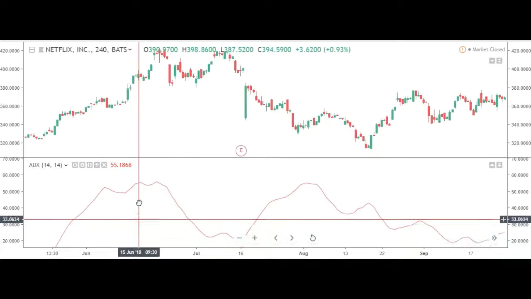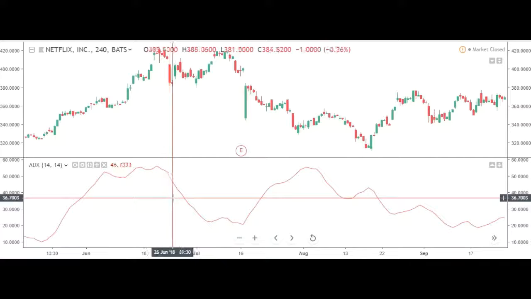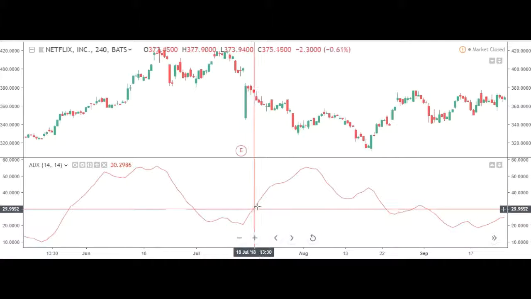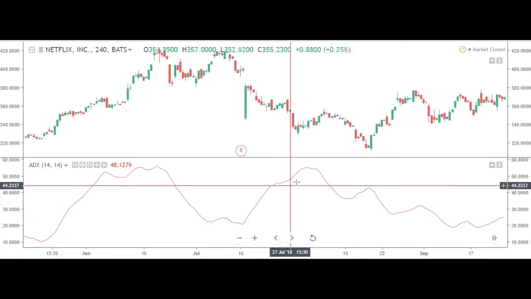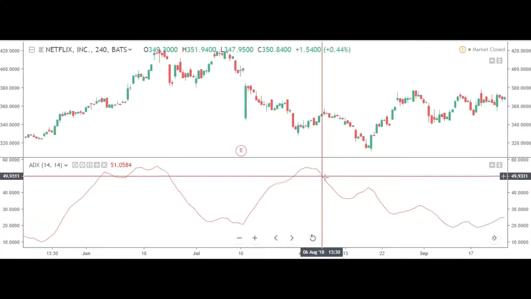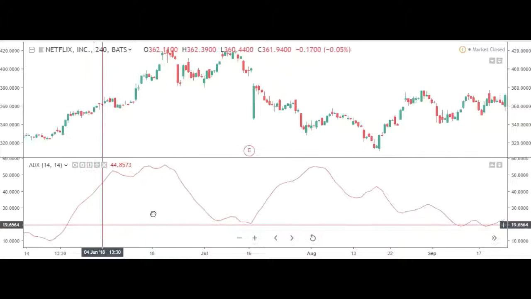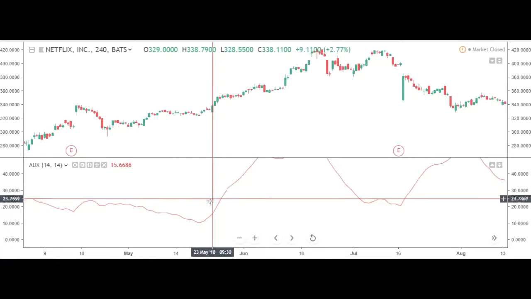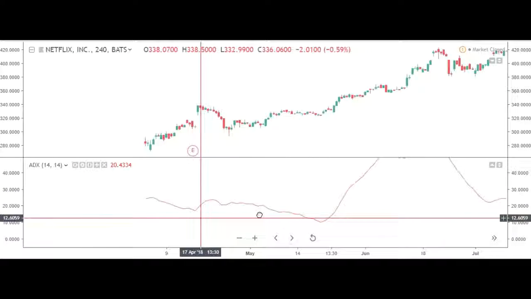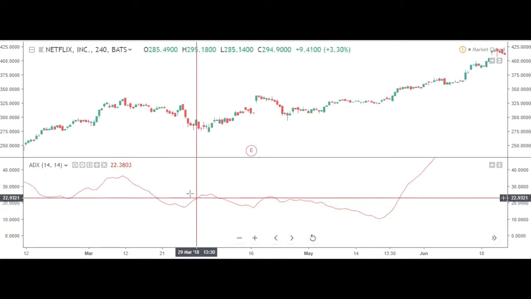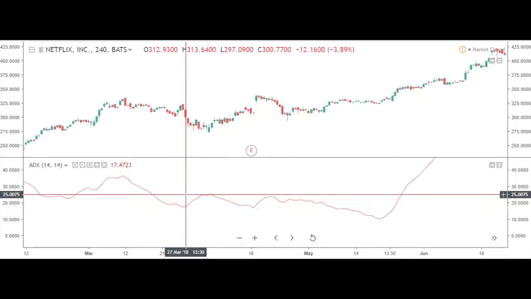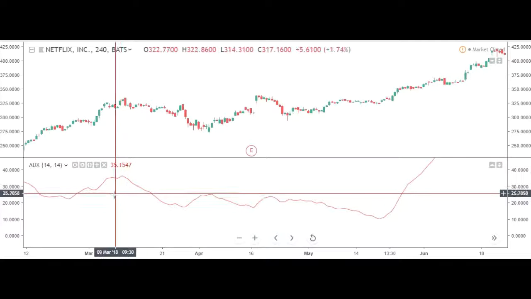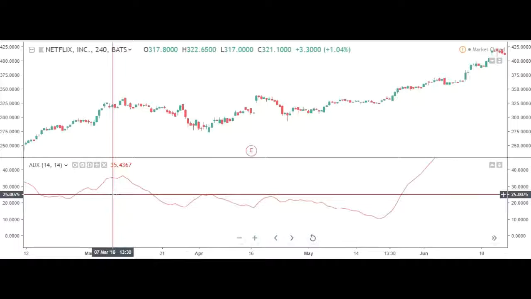Sometimes, look here, you can see where the trend's at 50, and it still continues going up, and it stays at 50. Yeah, that worked pretty well. And then as soon as it starts going down, you get the sideways market. And then as this is going up, we're back into the trend again. It stays right here, and then boom, back down. So really, it is a good measure for the trend sometimes, but overall,